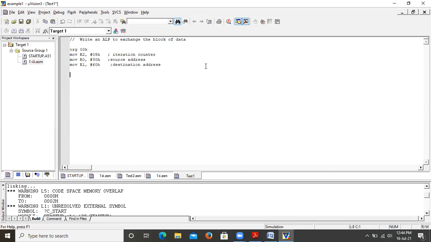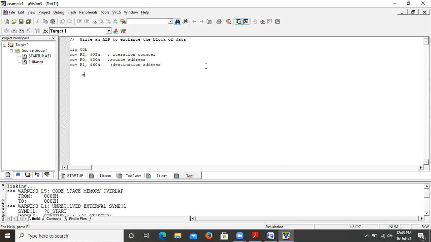Okay, this is one method. Or you can use the exchange instruction directly. In 8051 we have the instruction XCH, which will directly exchange the values from source to destination. So both methods can be used. We will write the method using the instruction exchange.